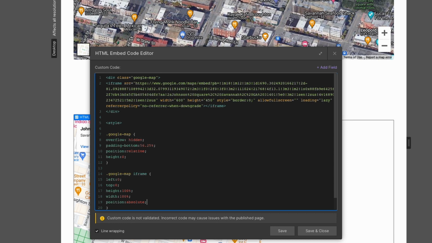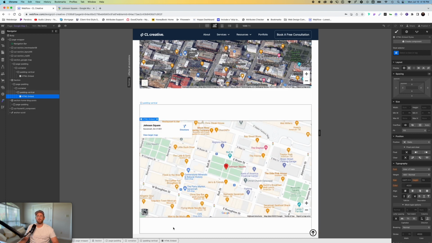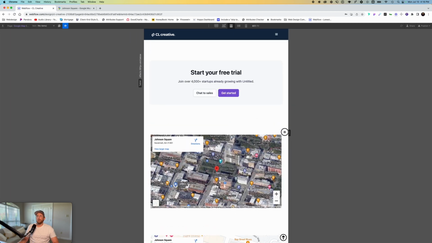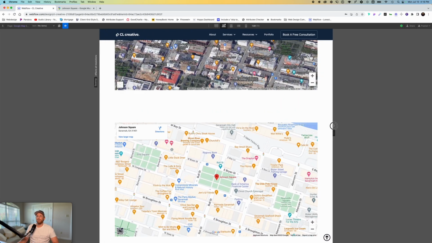It's going to move up, in and out in a responsive manner as well. So let's click save. We're going to notice this map is going to fill up the whole space. And as we kind of go up and down the different breakpoints, we see it's responsive just like that top